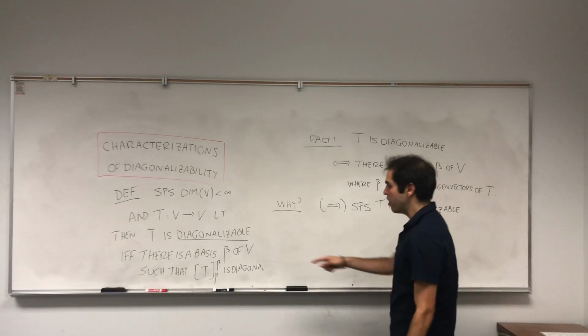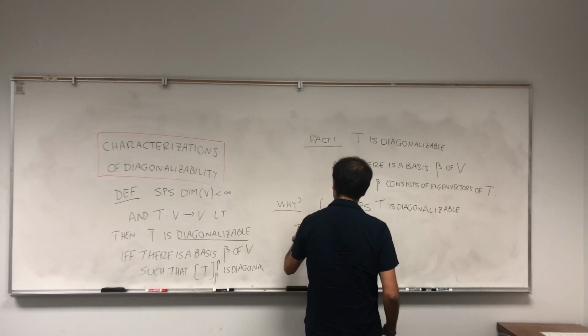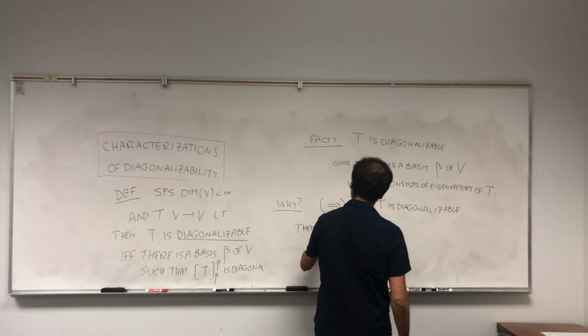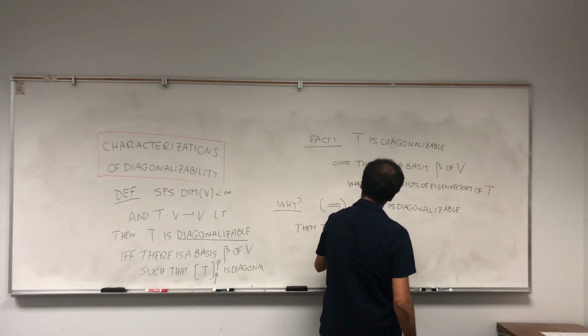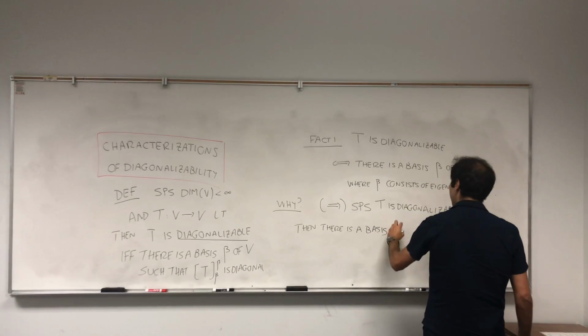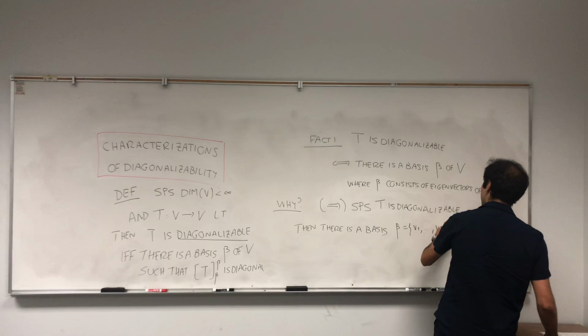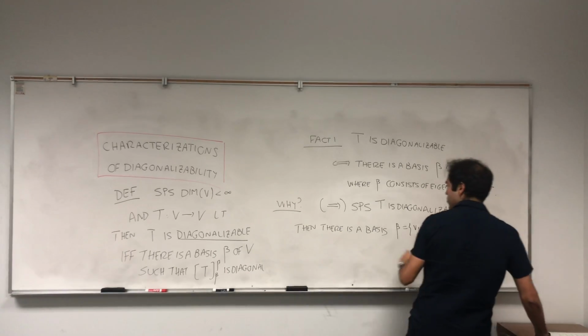Then what do we know? Then we have a basis such that the matrix is diagonal. Then there is a basis beta, let's call it v1 up to vn, of V, such that